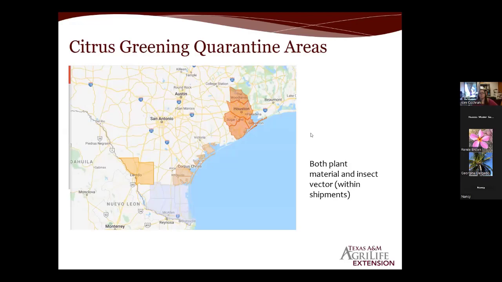All right, so this is an older map, but there is a Texas quarantine map available online, and it'll show you by county what areas are quarantined, and this applies to both plant material and insect vectors, particularly within shipments. Now, you guys are probably not receiving a lot of commercial shipments of citrus material. However,